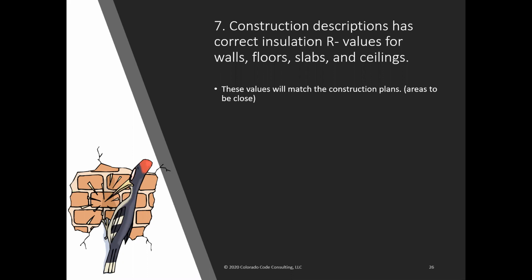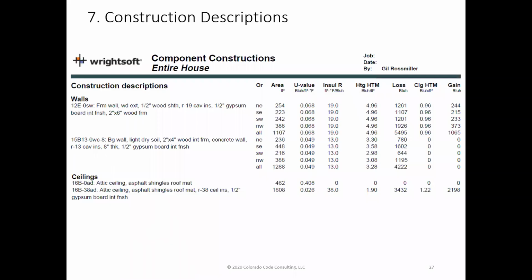We need to say, okay, well, how did they design the house? What kind of insulation did they use? What were their U values? What kind of windows? And what was the area? So the way these softwares work is you can physically draw the building in the software. You draw it in the software, so it knows. So here we just have what we call a component constructions report,